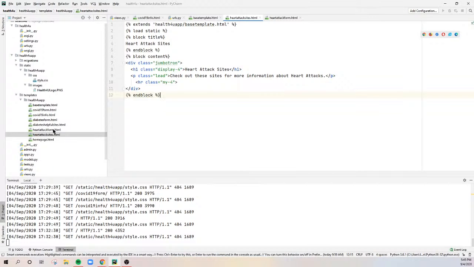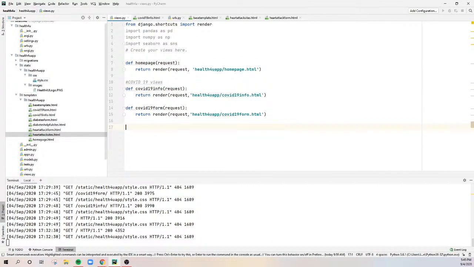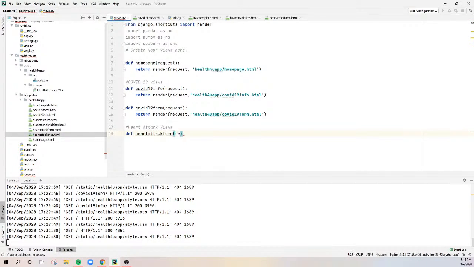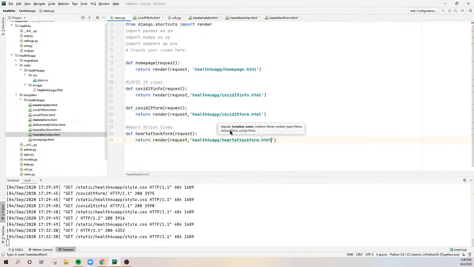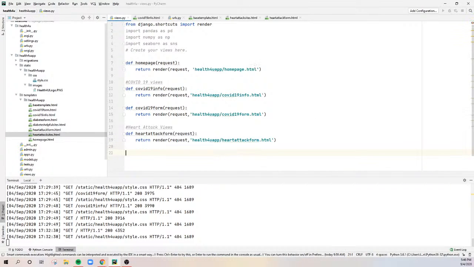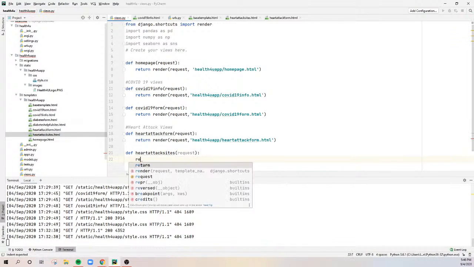So here we have diabetes and heart attack. Let's make the URLs and views for this. For views, we're going to make a new section here for heart attack views, and we're going to specify heart attack form request. Simple procedure, nothing special here. Then we specify health for you app slash heart attack form dot html. Then we do the same thing for the heart attack sites, and we specify return render